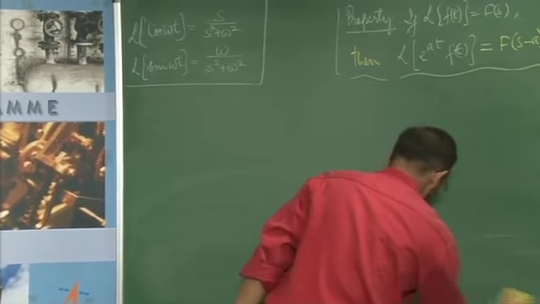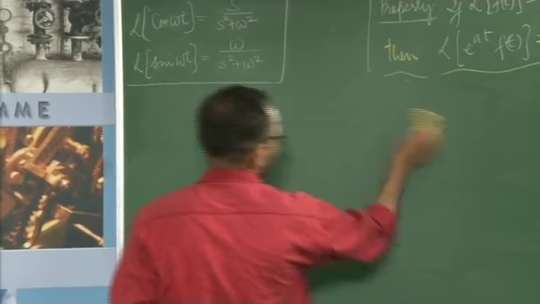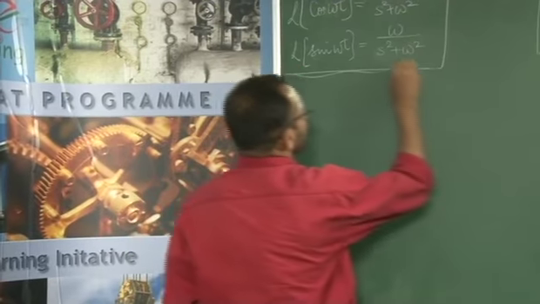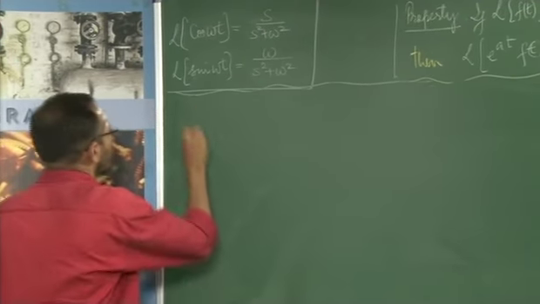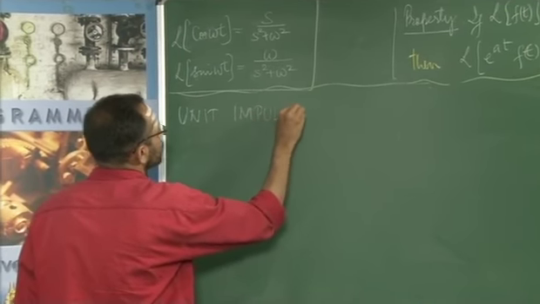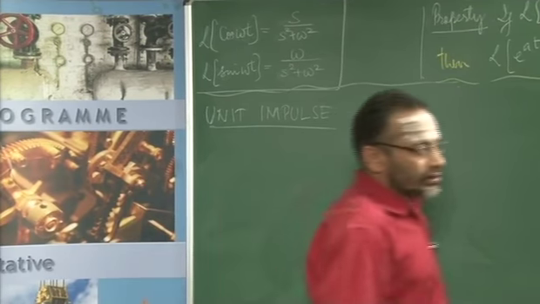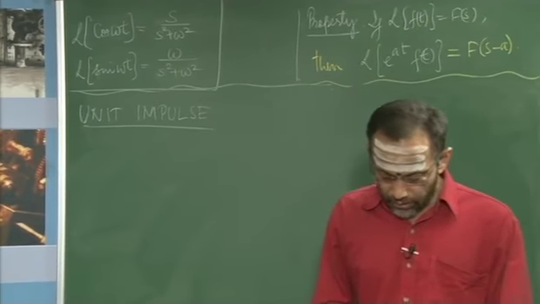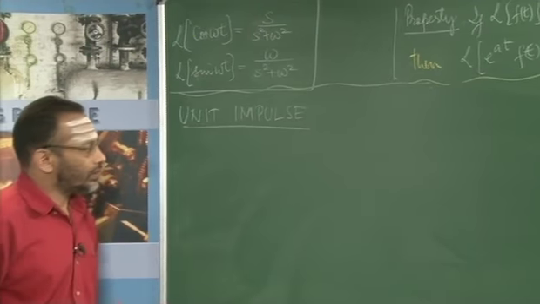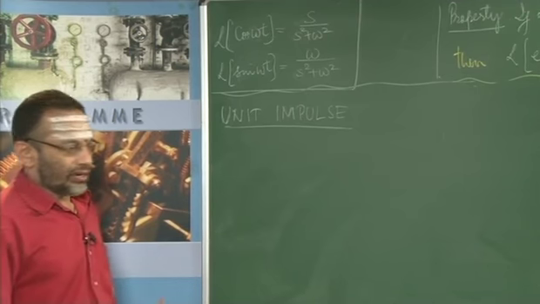What we will do next is define an object, it's not a function, which is called the unit impulse, because this is used very frequently. The unit impulse is a peculiar object. Unlike several functions that you might have seen, there is a very wide misconception about the unit impulse. I want to give you what is correct here. The unit impulse is not defined as it is